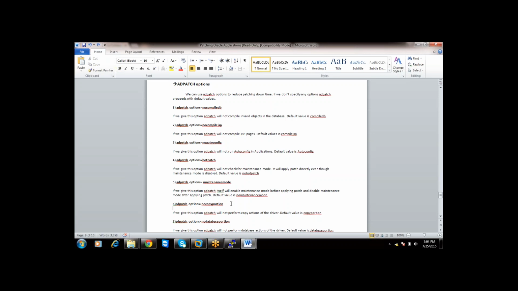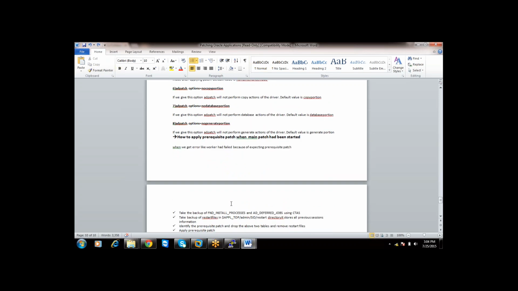No copy portion, no database portion. If you just want to skip the database portion, let us assume you don't want to execute the SQL files which your patch is bringing, you can give AD patch options equals to no database portion. If you don't want to generate any application level files which the patch is bringing, you can give AD patch options equals to no generate portion. Generally people never go with these three options.